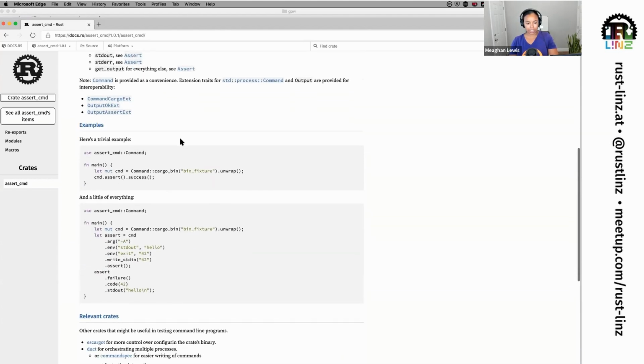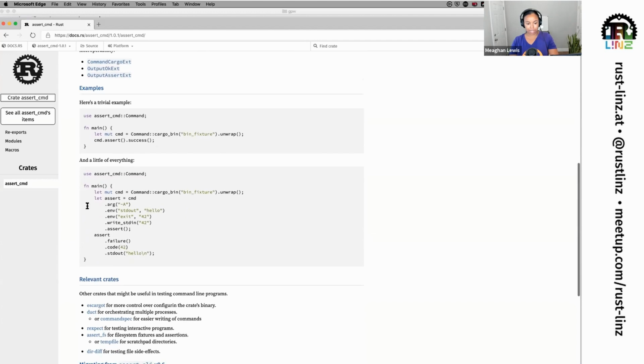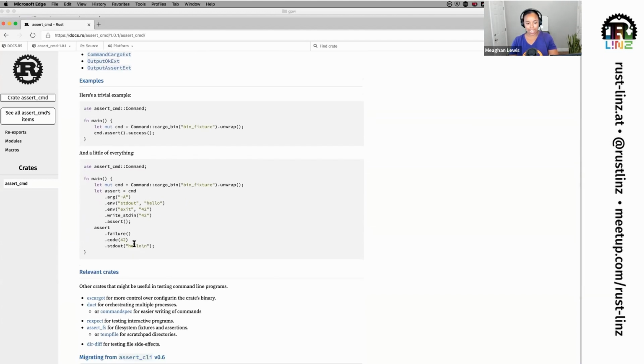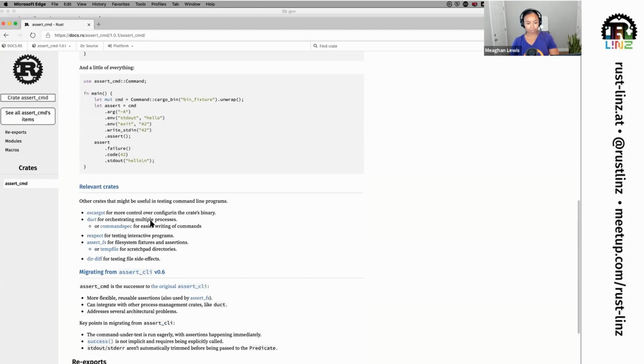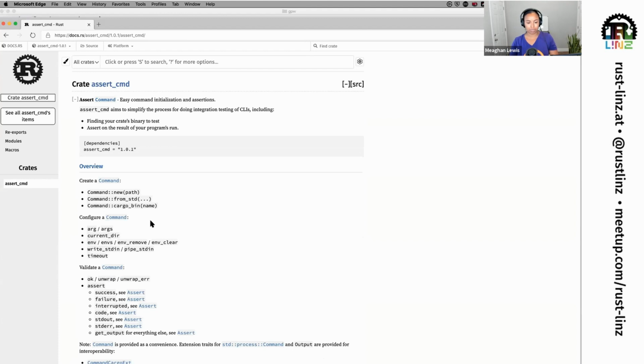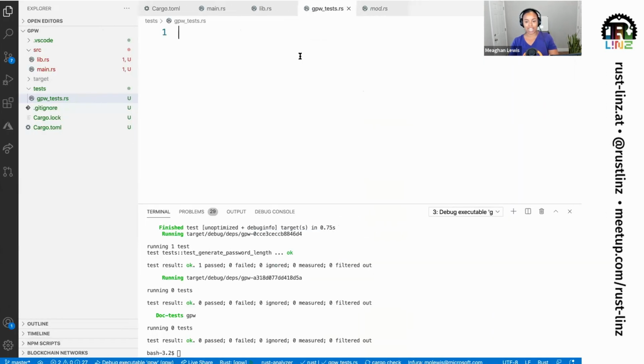And it looks like there's some more detail here. So here's a little more detailed example about how you can have a more complex test, testing different things and asserting different information. Cool. I will possibly come back to that, but now that I have copied the version of that crate that I want to use,